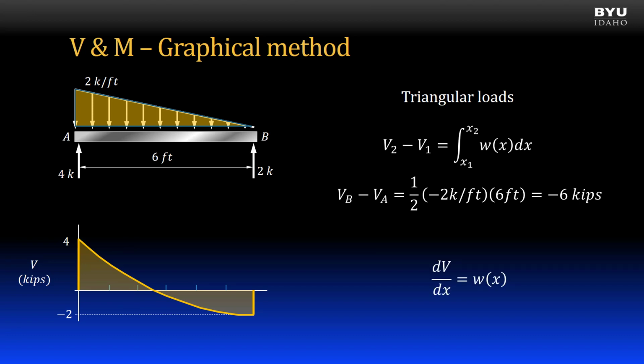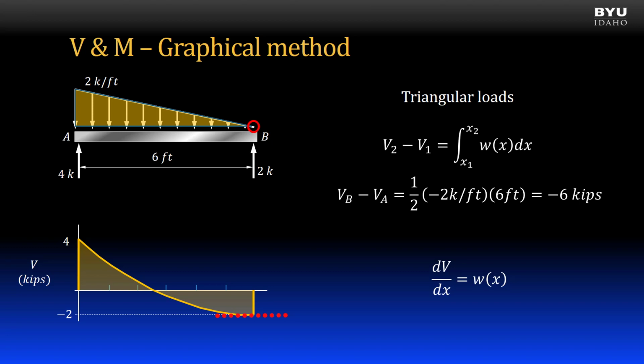It is concave up, which we determine from the rule that the slope of the shear is equal to the distributed load. At point A, the distributed load is negative 2, so the slope on the shear diagram at A is negative 2. As we move from A to B, the distributed load stays negative and the magnitude decreases linearly. On the shear diagram, the slope stays negative, but gradually becomes shallower. At point B, the distributed load is 0, so the slope of the shear at point B is also 0,